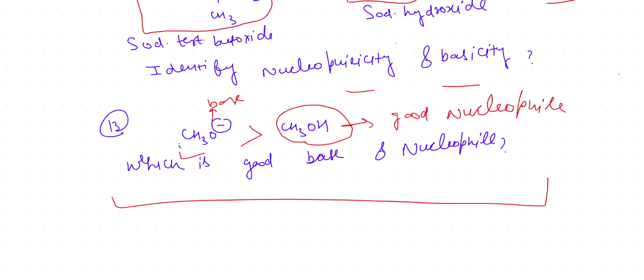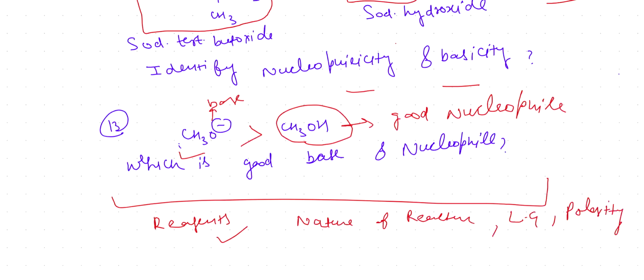We have practiced a lot of questions based on only reagents. So in a further session or lecture, we will discuss the nature of the reactant, the leaving group and the polarity of the solvent. How these all affect the elimination reaction, and how these decide the fate of the reaction, whether E1, E1cB or E2